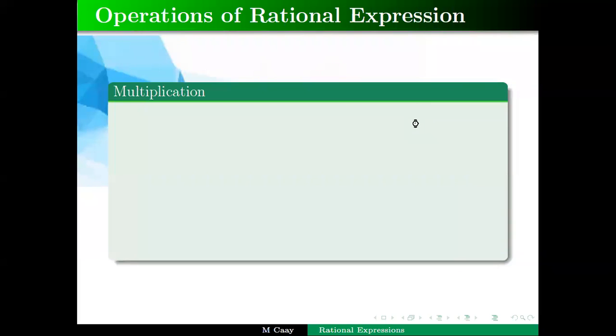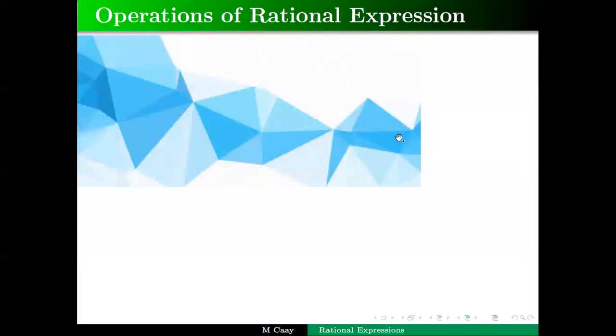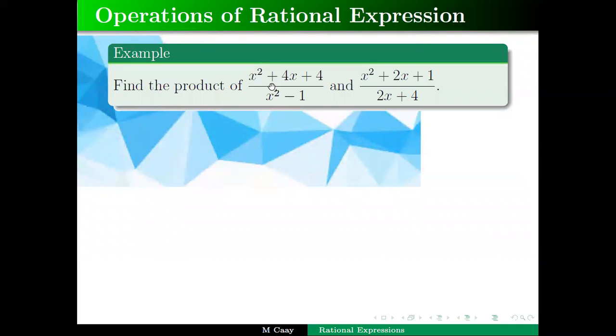So let's consider for example here. Find the product of (x squared plus 4x plus 4) over (x squared minus 1) and (x squared plus 2x plus 1) over (2x plus 4). Let's see here. So x squared plus 4x plus 4, I think we can factor that out into